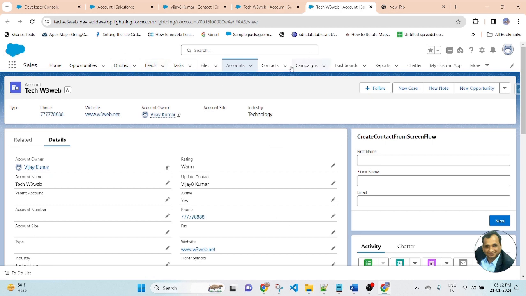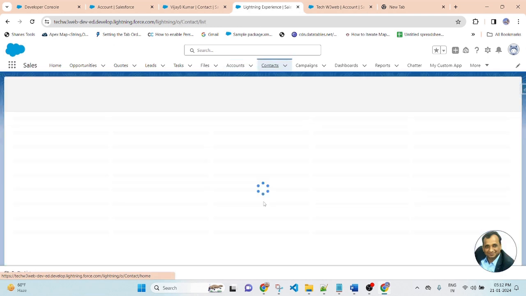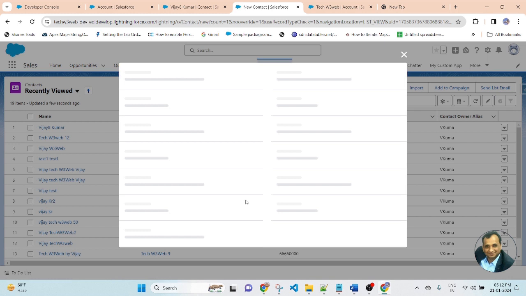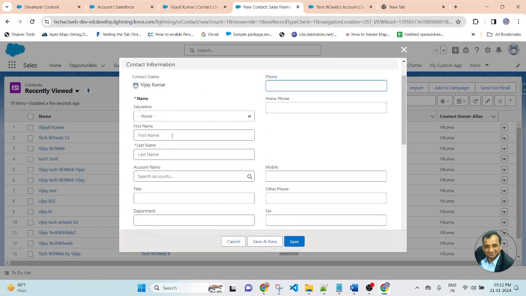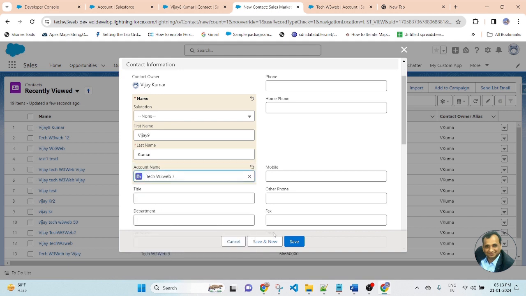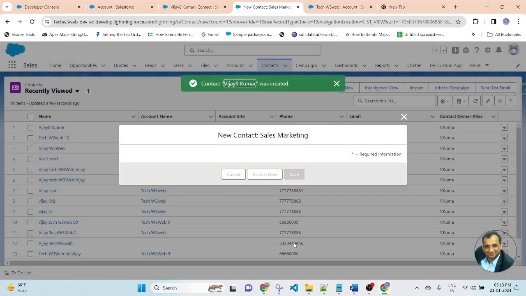Now let me create a new record of contact. Open the contact and create a new record: Vijay 9 Kumar. So here I am writing the name Vijay 9 and Kumar, and let's select one account. Now I am selecting Tech W3 Web 7 and save.